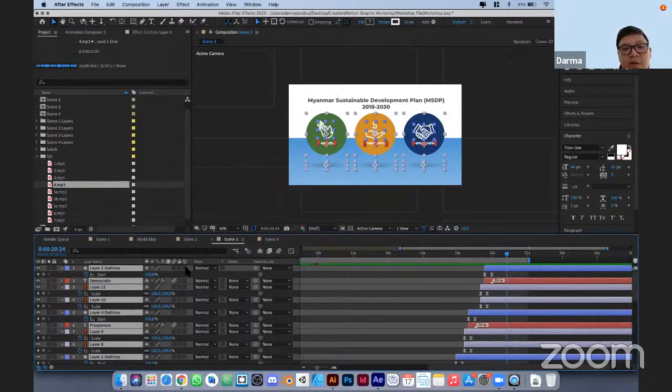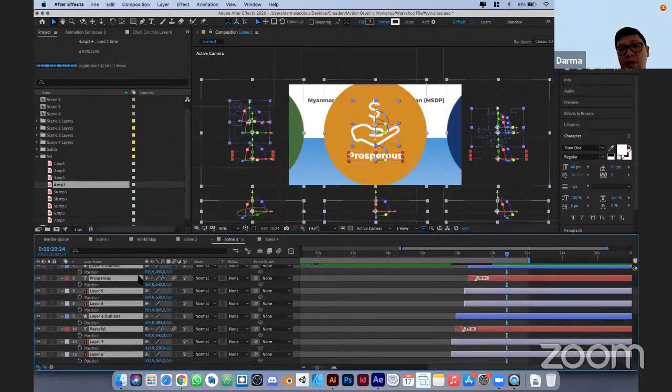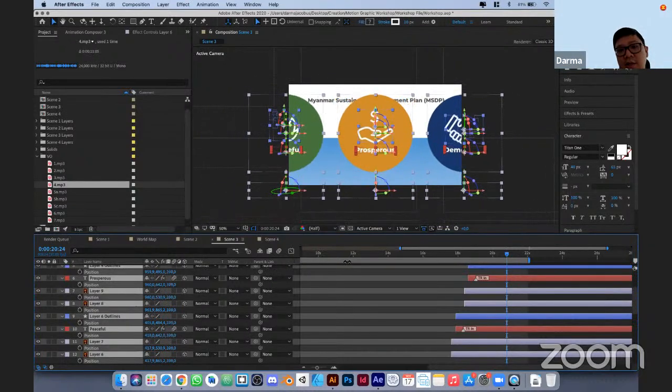So just make sure it's on 3D, and it will be something like this, but you don't have to worry. Just hit P on it and then change the one on the right side, that is the Z index. Just make sure that it fits